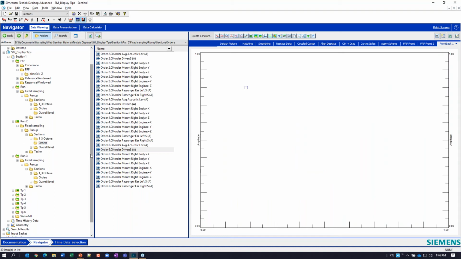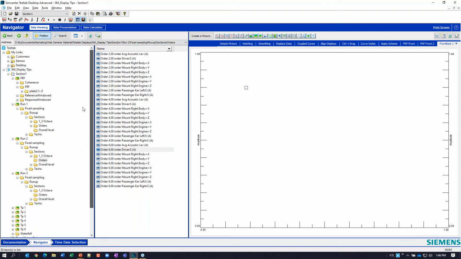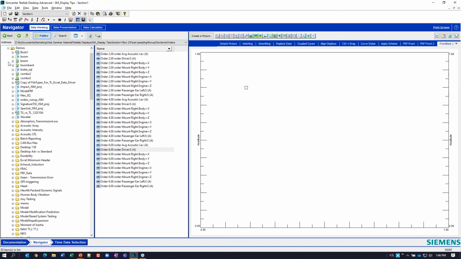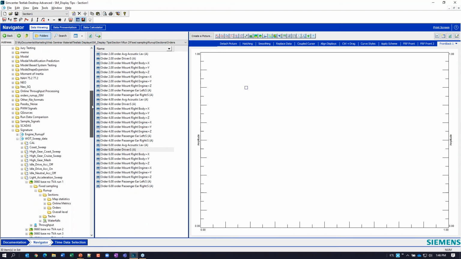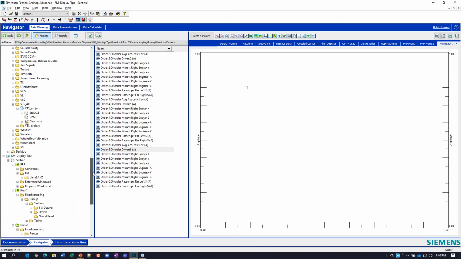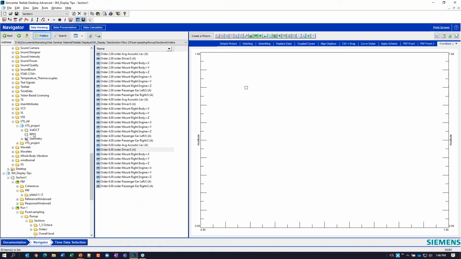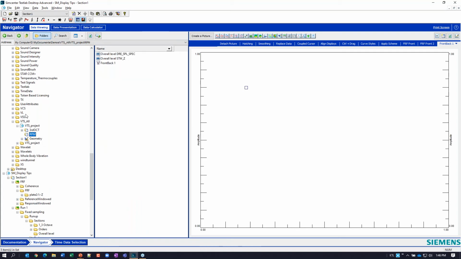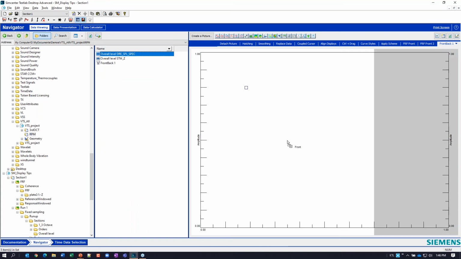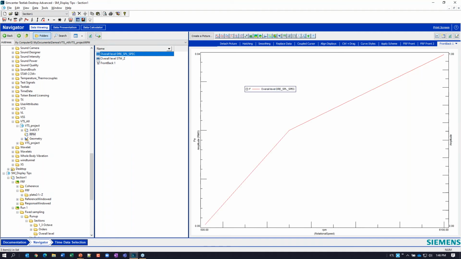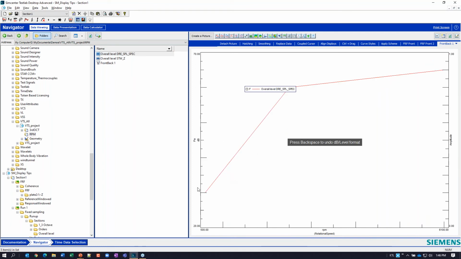I'm going to show you an example where let's say I want to test to a target. So I know I'm going to go out and test a vehicle or something, and I've got a target line, and I want to look at that data instantly versus a target. So if I go in here, and let's say I've got a project where I created some target lines, and I throw that data point in here, now I've got a decibel level versus RPM that my driver's ear is not supposed to exceed.